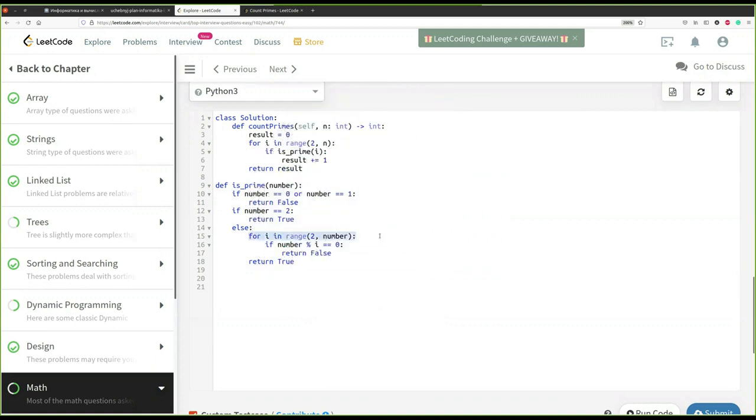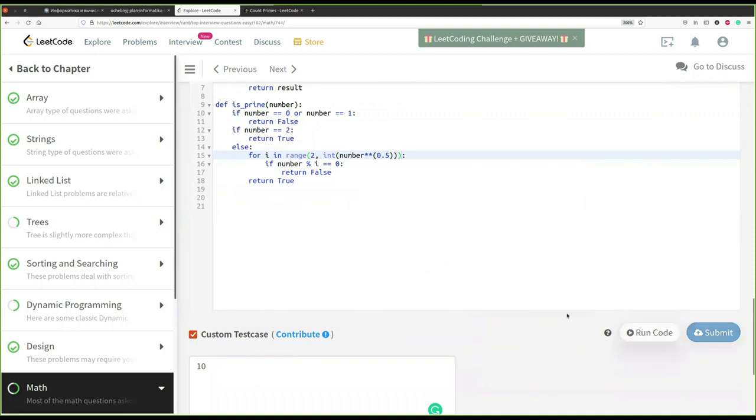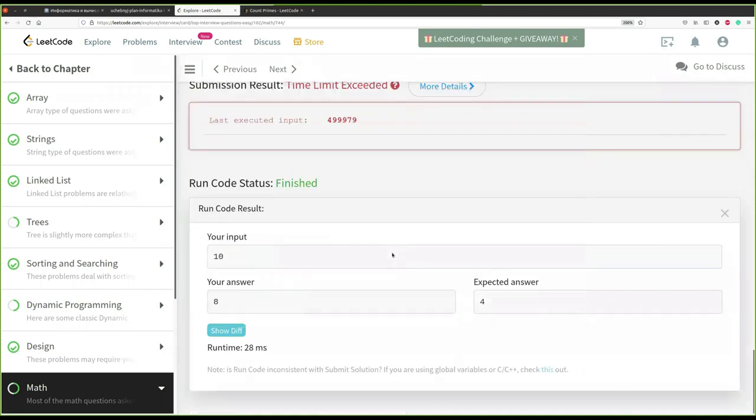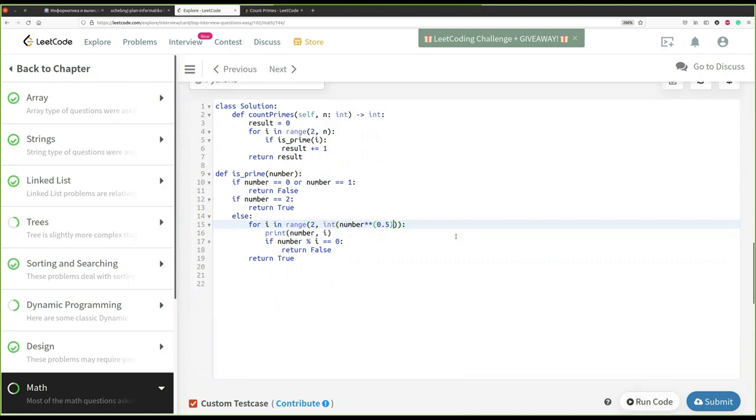So here, in fact, we don't need to check up until number itself. Instead, we can use the first integer to the square root of number. Let's see, square root, that should do it. And that's going to make our code faster. Let's first check on a short input if I did not break anything. Yeah, I certainly did break something. Let me see what it could be. That's because